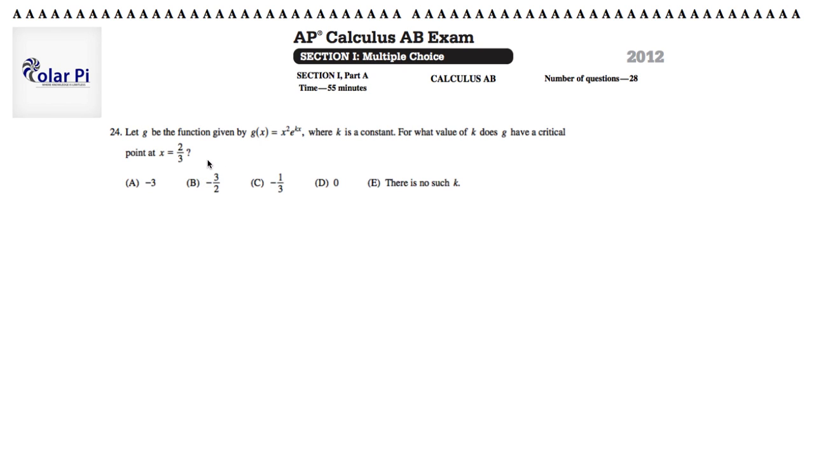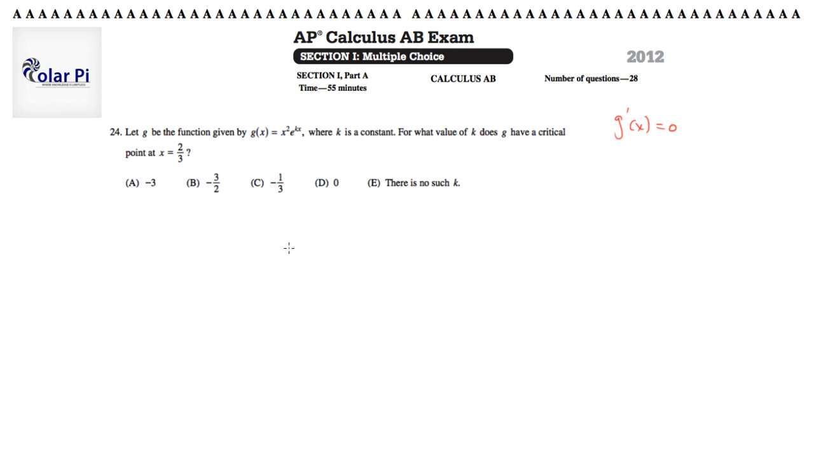24 says, let g be the function given by g of x equals this, where k is a constant. For what value of k does g have a critical point at x equals 2/3? So we need a critical number at x equals 2/3. Well, we know that we get our critical numbers by figuring out where g prime of x is equal to 0. So why don't we find g prime, set it equal to 0, and try to figure out for what